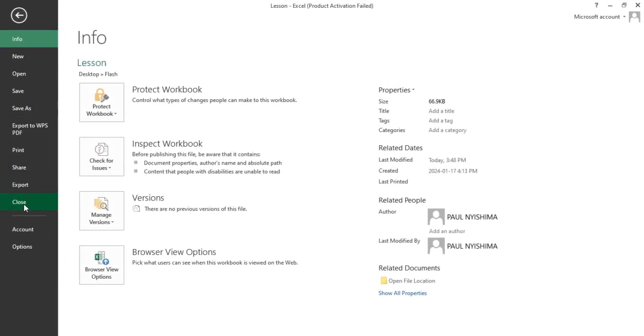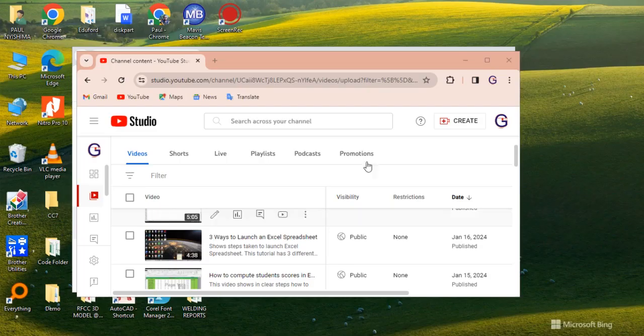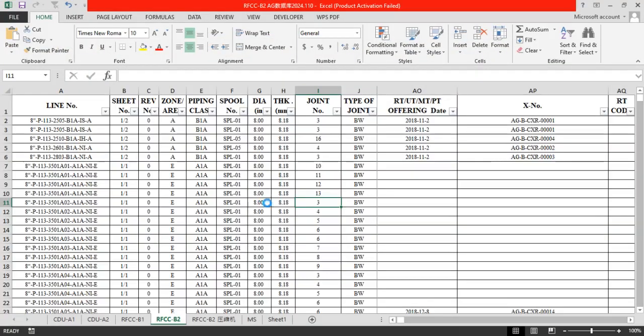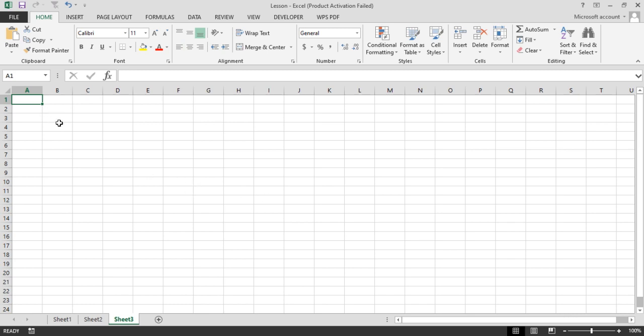Let's initiate this one. Click on close. That has closed the job. So we'll open it back. I don't want to go to its location. I'll just right click and choose on the recent. So it will be opened up. So we now have